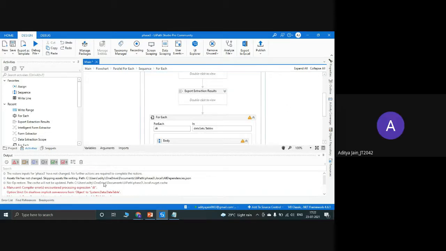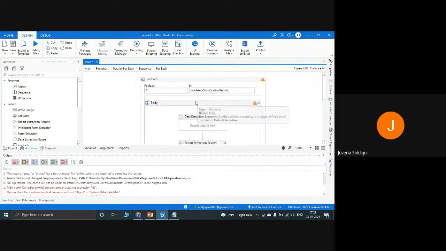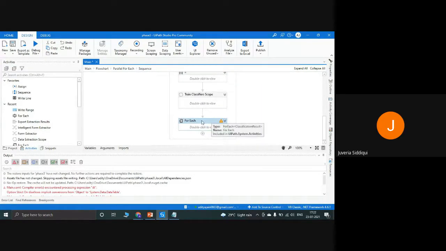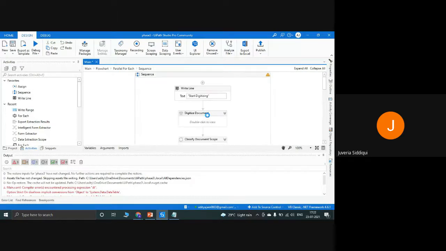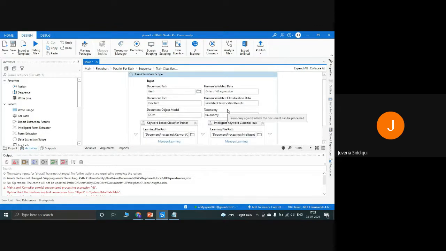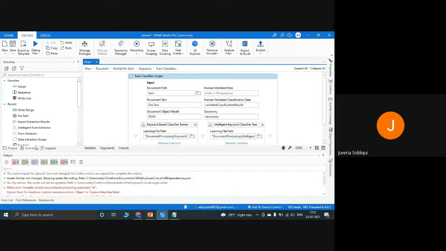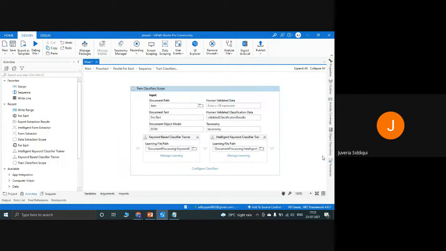Ma'am, then I have to delete this one right away? Or can I see your classifier first? Yes, ma'am. Just the activity. Where is your validation station? It should be before this. Go back to your sequence. Ma'am, how to remove this box? There is this small pin shaped button. Okay, click okay.